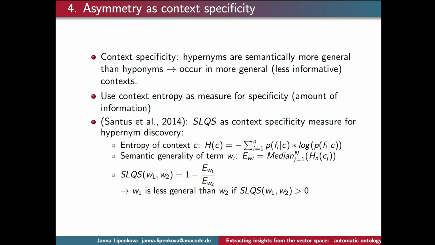And finally, we find out the ratio, so the generality of the candidate hyperonym when compared to the generality of the candidate hyponym. And when the generality of the candidate hyperonym is higher, then we conclude that there is a very high probability that it's the hyperonym. So when we have a candidate pair of hyperonym and hyponym, this specificity measure allows us to indicate the directionality in the specific